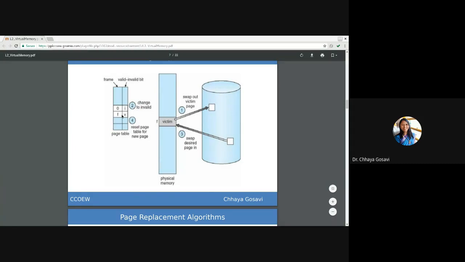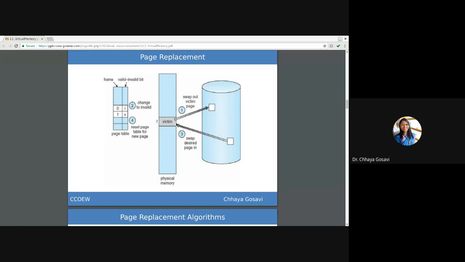We want to bring it to main memory for further execution of a process, but main memory is full, there are no free frames. So we have to find a victim frame. Victim means the frame we want to swap out from main memory to backstore. So the first step is find the victim frame, then swap out the victim page to backstore.